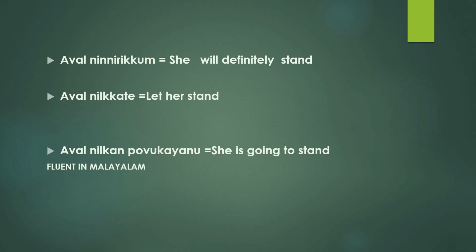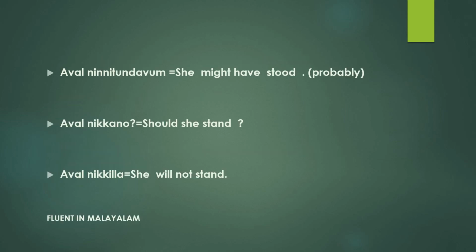അവൾ നിൽക്കാൻ പോവുകയാണ്, she is going to stand. അവൾ നിന്നിട്ടുണ്ടാകും, she might have stood. അവൾ നിൽക്കണോ, should she stand? In some contexts you might hear the same word